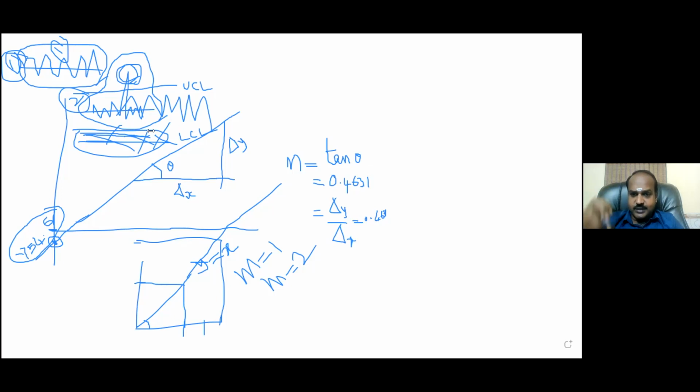We call it statistical control. If every point is inside the control limit, you can consider the process to be under your control. You can consider the process to be in a state called statistical control. If the process is in statistical control, only common causes exist. Special causes will not exist. But if the process is out of control, special causes will also exist in addition to the common causes. Common causes will anyway be there. But special causes are there because of specific reasons. Those specific reasons should be investigated, understood, and solved.